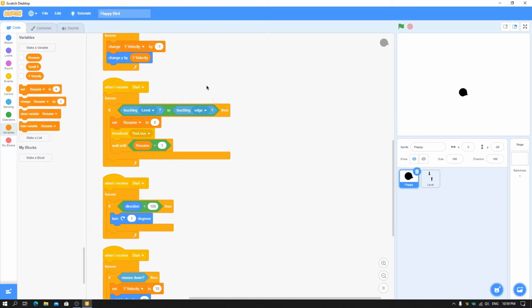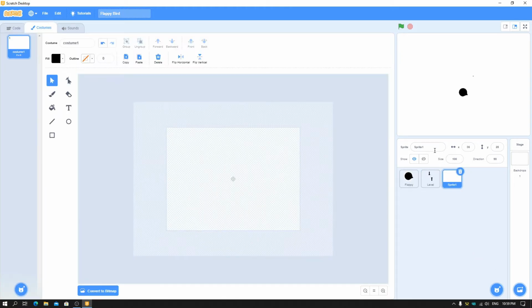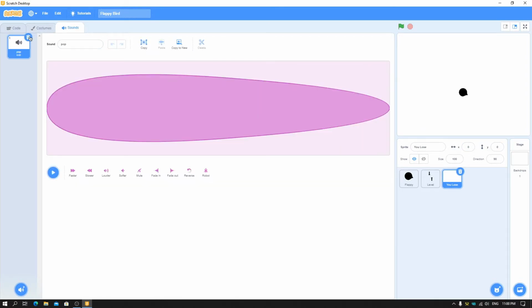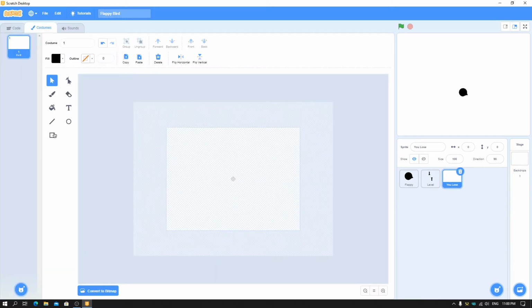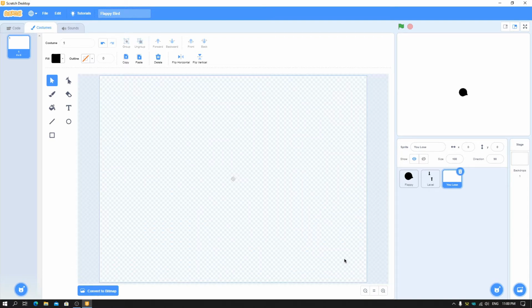When I click on the restart button, then it will just set resume to 1, and we'll just resume the script, to avoid infinitely broadcasting this if it is touching the edge. Now just make a new sprite called you lose screen if you want. Now set x and y to 0, set costume name to 1, and then delete the sound effect. Now just make something like a you lose screen.